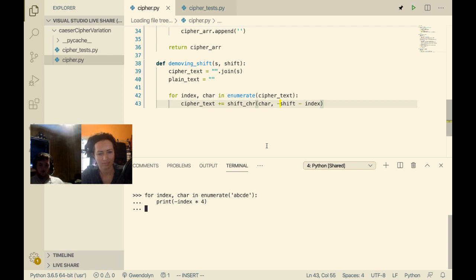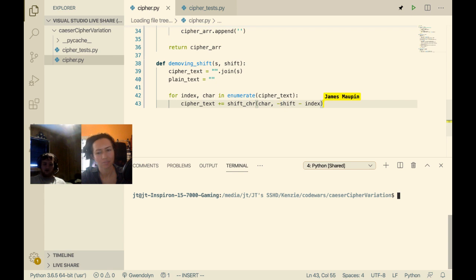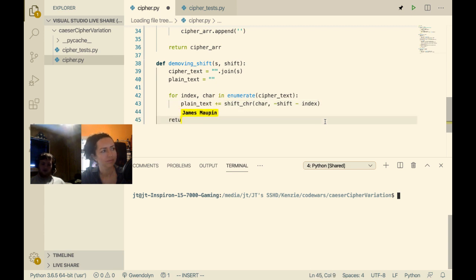Yes, that works. All right. So if we just do text here, then return plain text. I think that's all we need to do.